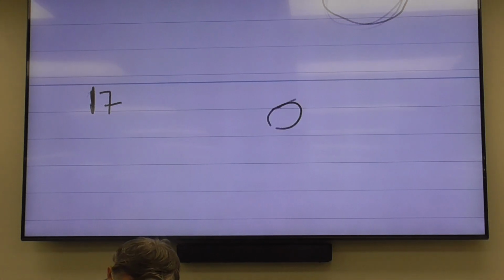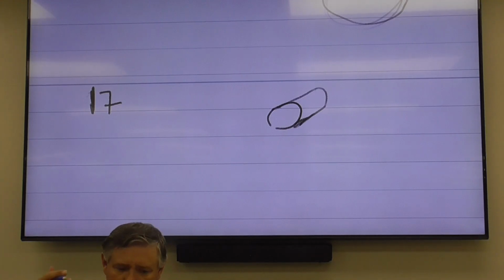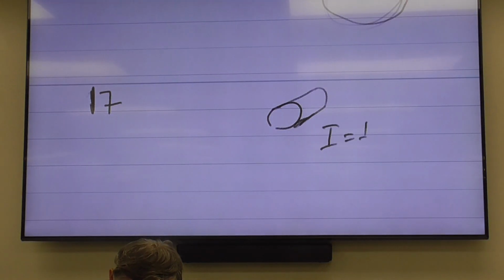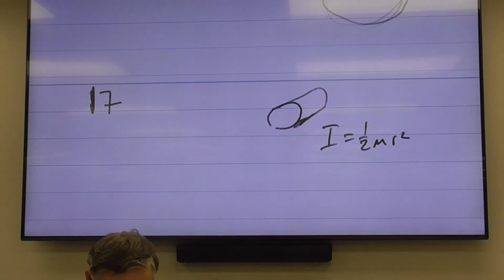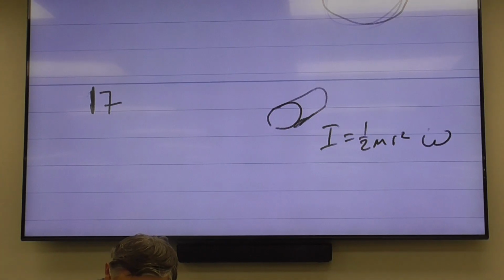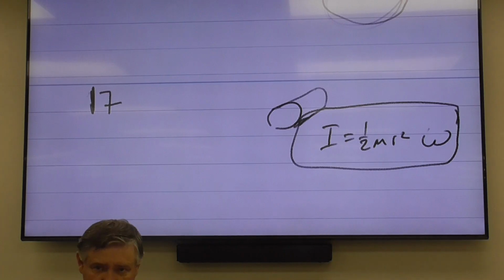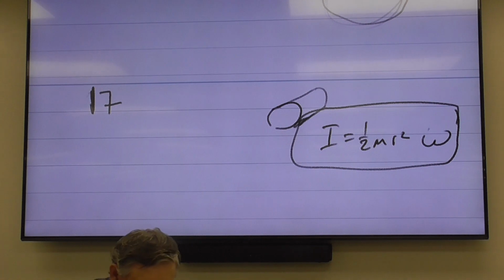So, if you like visuals, you can say, okay, you know that it's a solid cylinder, so your I is going to be 1/2 mr squared. So you can find the moment of inertia and all this good stuff. And then you know how fast it's initially spinning, so you can find that initial value of the angular momentum. Okay, you can do that. It's cool. Then you're told that I'm applying a torque of